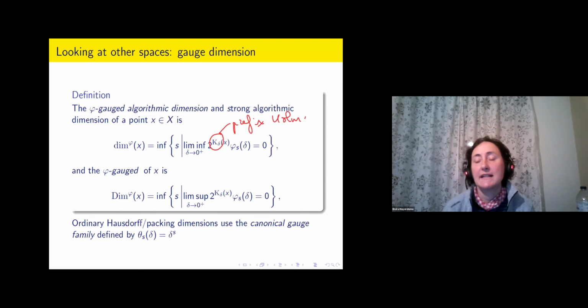Also because in this talk, I didn't intend to get very much into detail. But the thing is that the kind of gauge functions for which we are going to prove the point to set principle, they are not terribly large, okay? Because what happens is that in this effectivization of dimension, you're going to compare,